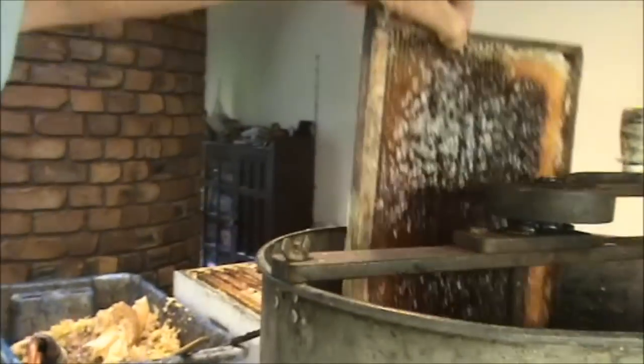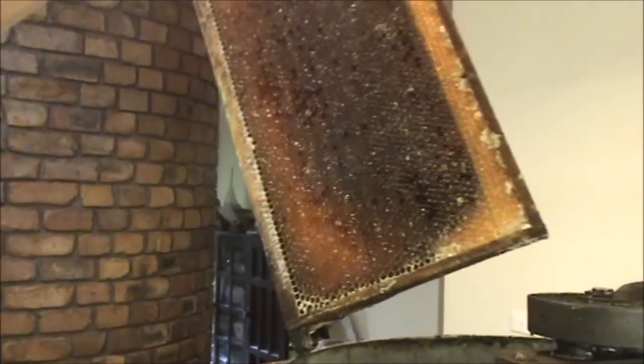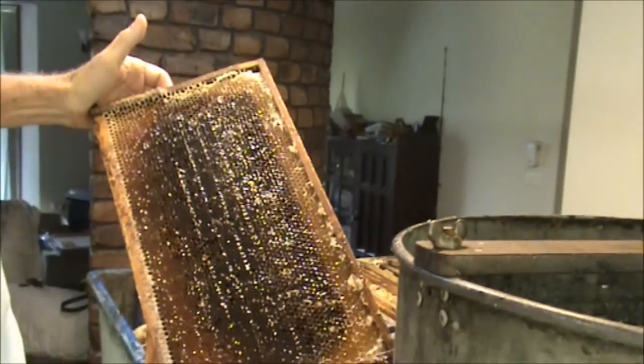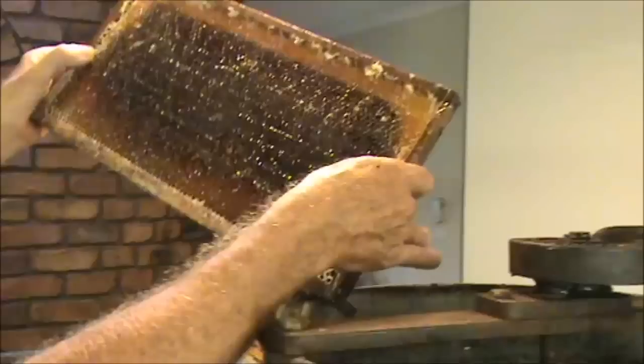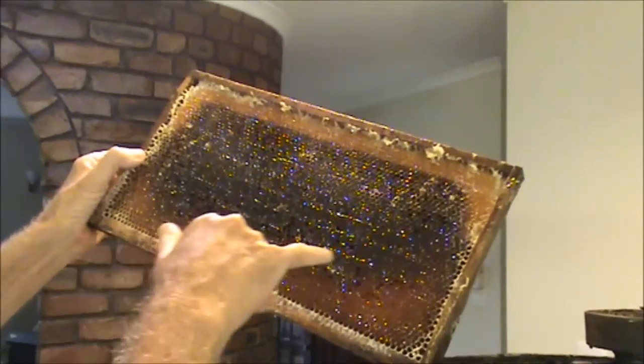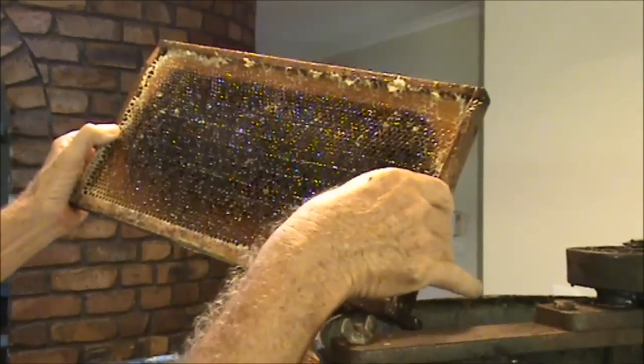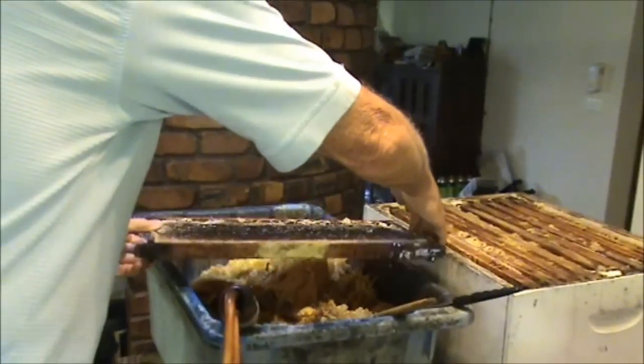And you can see this frame here, it's just as heavy as when I put it in. Wow. So all of that's Jellybush. All that's Jellybush. You can see a few cells are empty, so that must be regular honey. Yeah. And all the rest is Jellybush. Wow. And I'll tell you the reason why that thing was wobbling so much. This other frame